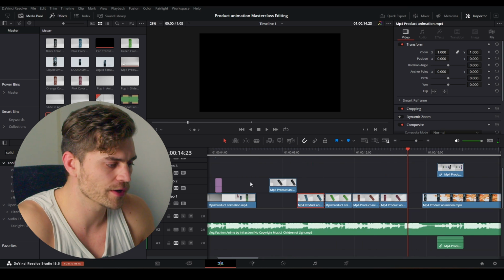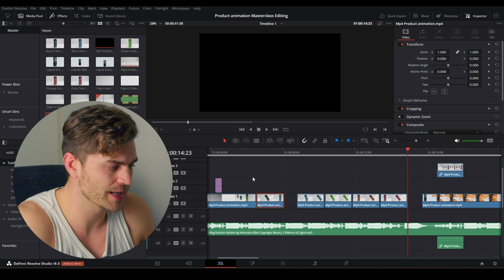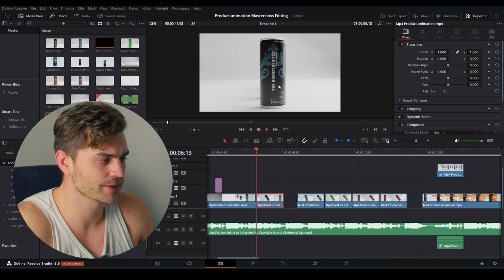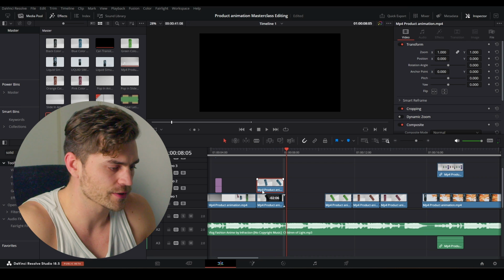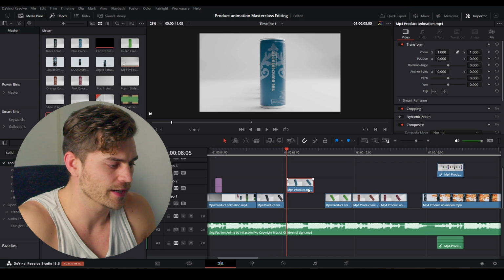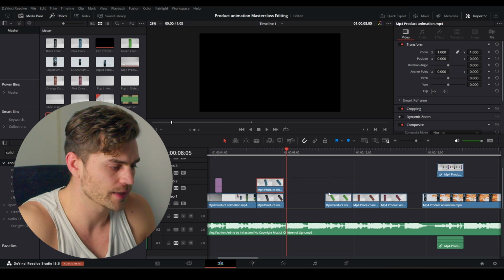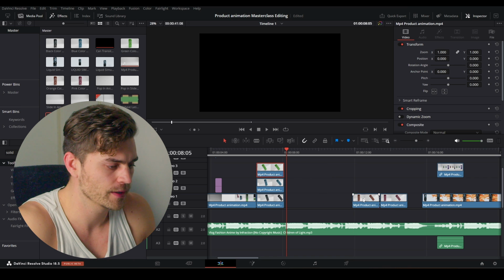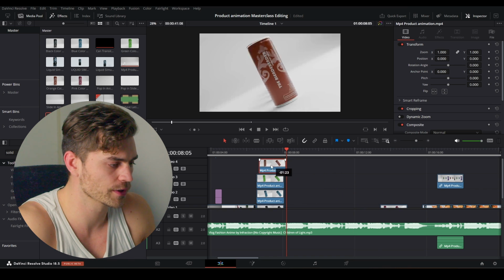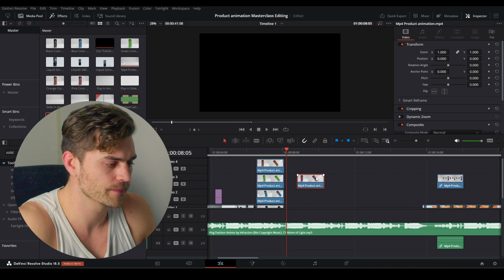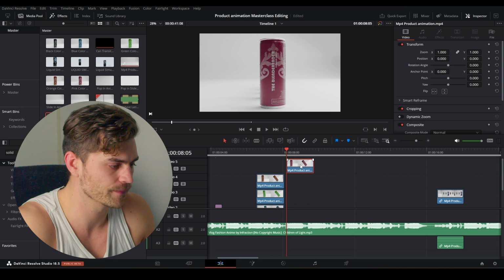All right, so we have all our colors right here, and I'm going to place the black one right after this animation, and it lines up. So now I'm going to drag all of these animations on top of each other, and I first want it to become blue, then I want it to become green, then orange, and then pink. And pink is going to be the last one.